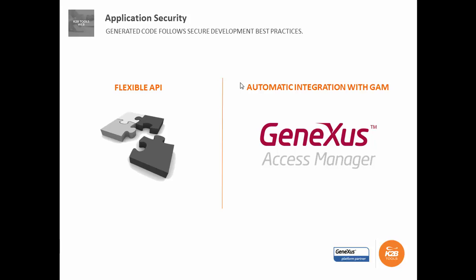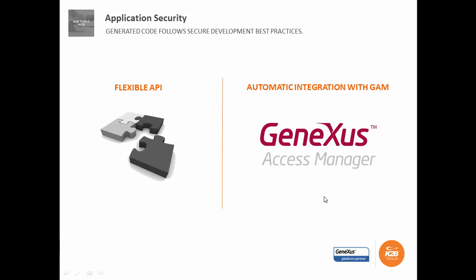Security must be controlled so that only authorized users can access each part of the application. In order to control that, code generated by K2BTools calls an API to check the user permissions. This API is simple and can be implemented so that it integrates with an existing security module. If you are building an application and you have a security module, you can easily integrate it with K2BTools using